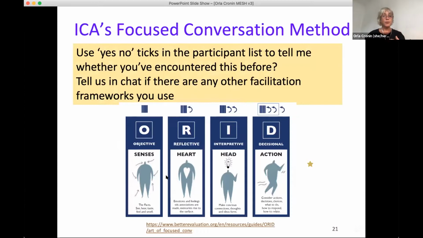It would be really interesting if you could use the participant list and give me a yes or a no. Oh, actually, I think you may not have participant options. No, you may not. Don't worry about that question, but